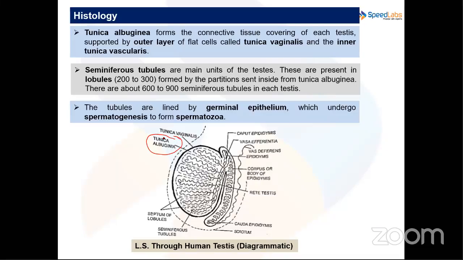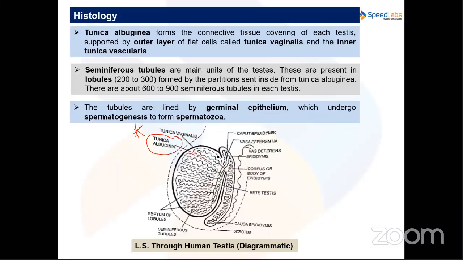The covering of the testis is tunica albuginea. This is very important. Tunica albuginea is the connective tissue covering the testis, and at places the tunica albuginea moves into the testis